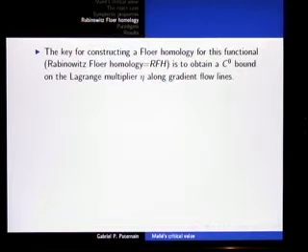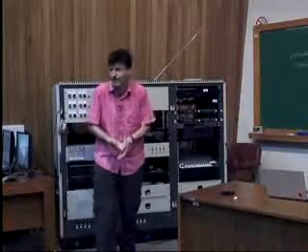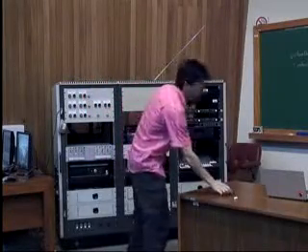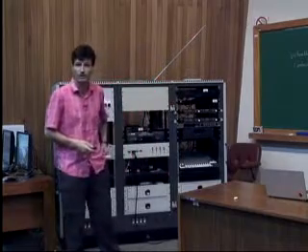Right, now the key for constructing these homologies is to get a C0 bound on the Lagrange multiplier. So you have to do some kind of an infinity estimate for the Lagrange multiplier. And this is a problem which is very similar in spirit to the problem that Gonzalo was talking about yesterday when he was saying that the times could go off to infinity. Basically, you want that not to happen. Okay? So if you can bound the Lagrange multiplier, you are usually in very good business and you can define